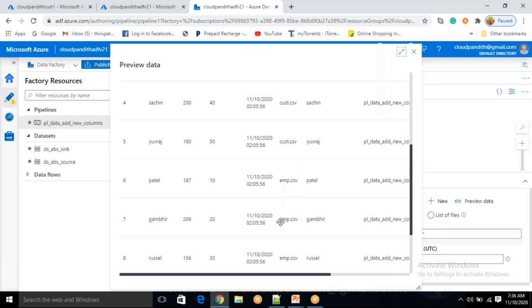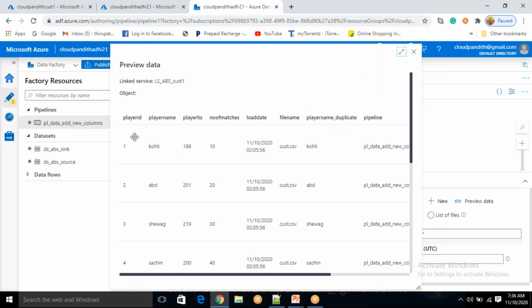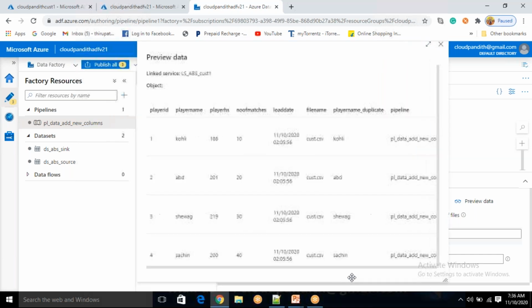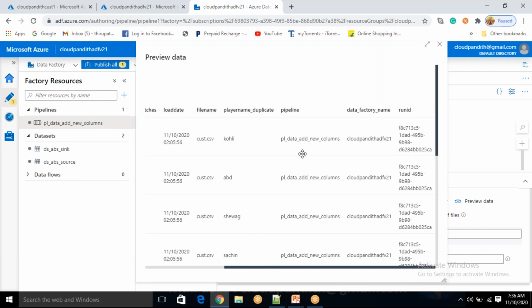These records are loaded from emp.csv. Okay, next you see player name duplicate. Same player name came here. Kohli, ABD. Pipeline name is this, PL underscore data underscore add new columns. Data factory name is this, and run ID is this, in which run this happened.